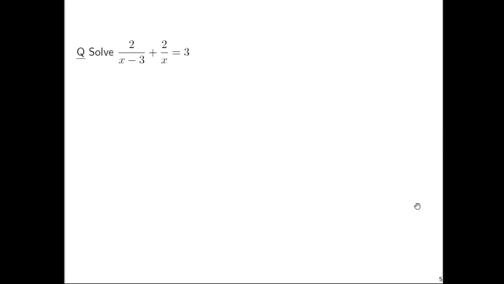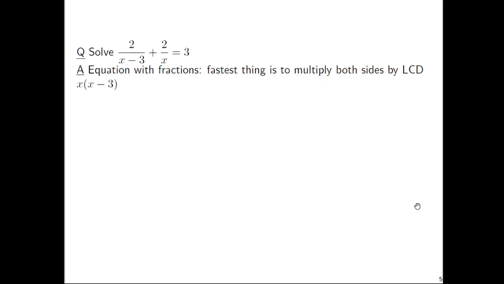All right, so let's try solving this equation, 2 over x minus 3 plus 2 over x is equal to 3. This is an equation with fractions, so the fastest thing to do, always, is to multiply both sides by the LCD. This is always the fastest thing to do when you have an equation with fractions. People sometimes still want to focus on creating a common denominator, and you can do that, but if you go with the common denominator approach, you're telling yourself that you're going to write more lines with fractions in them. To get rid of fractions as quickly as possible, you multiply both sides by this LCD,